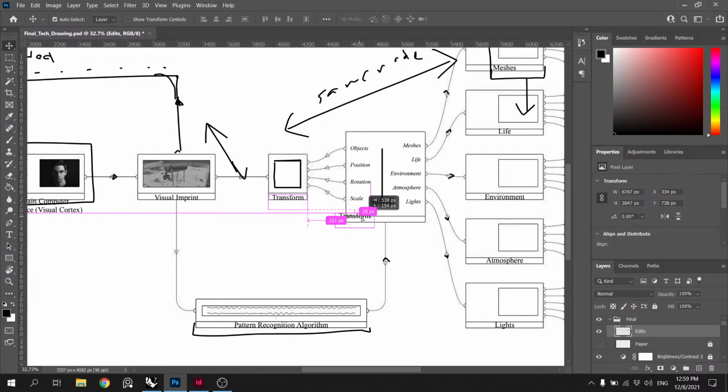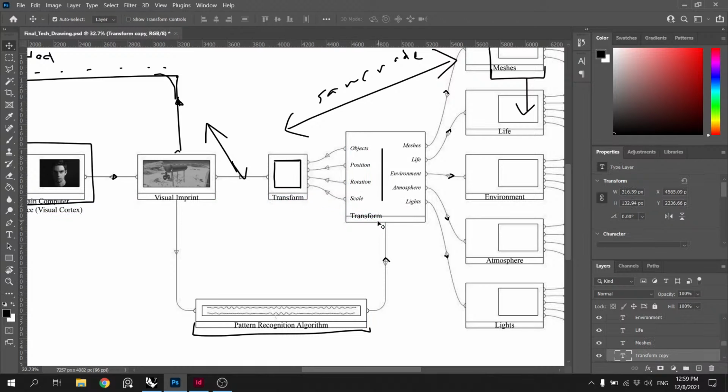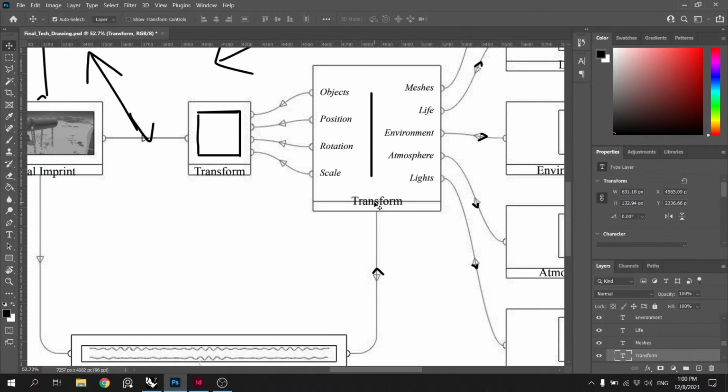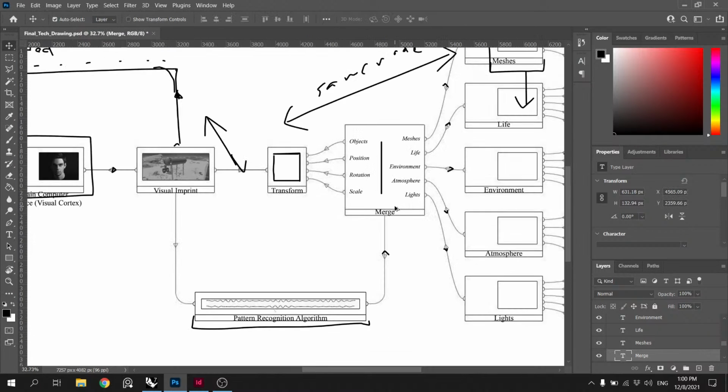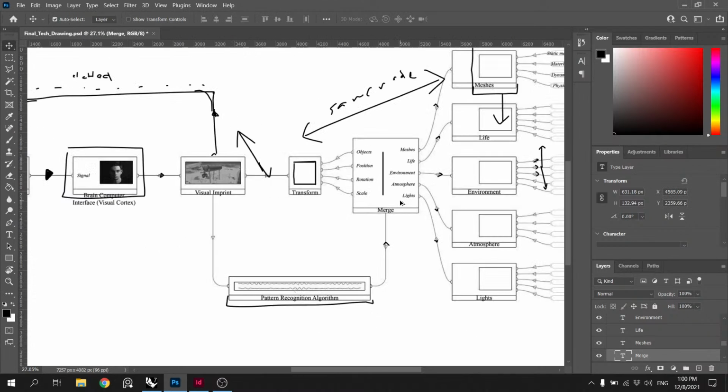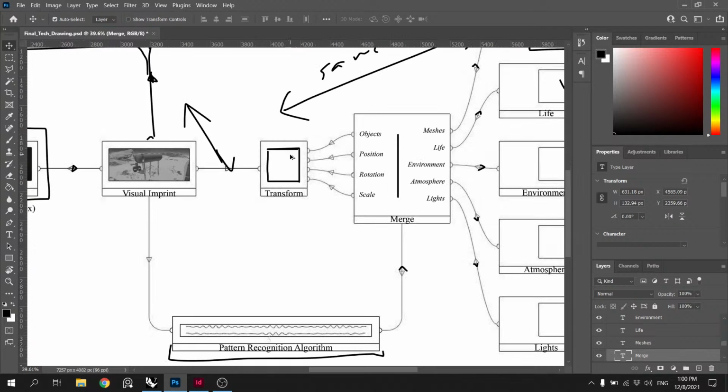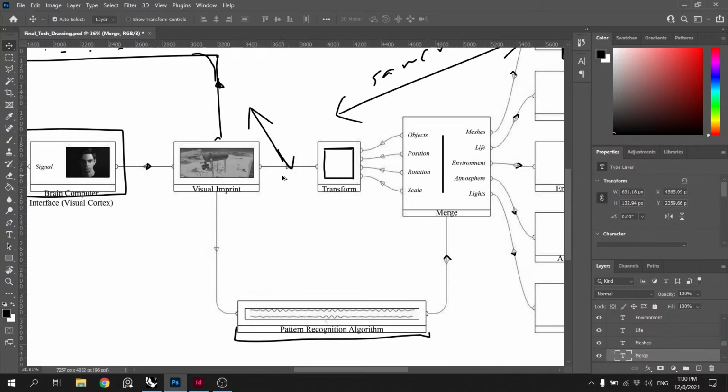So yeah, there's just one of these guys coming down here. Basically, this is just a merge. These are transforming everything and placing it in the space.